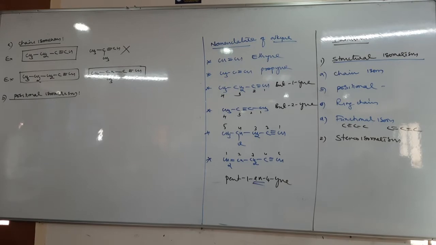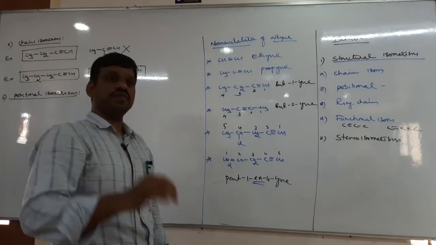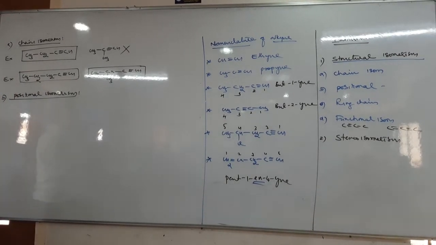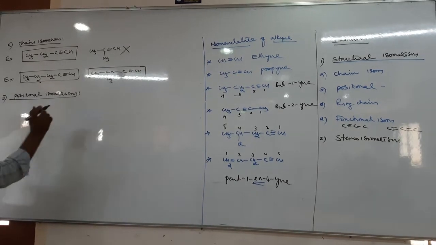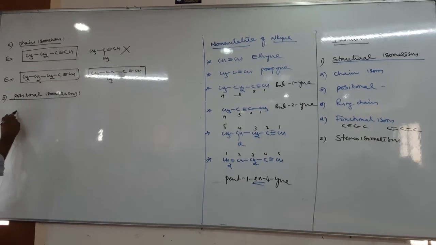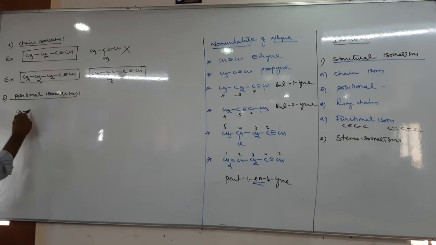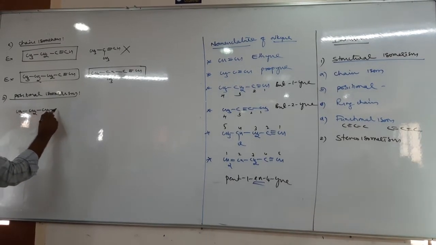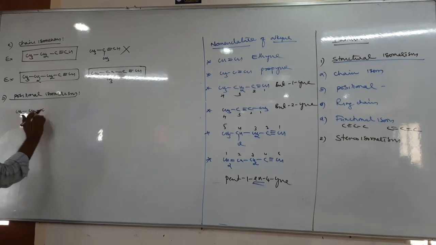Positional isomerism. What is positional isomerism? Organic compounds having the same molecular formula but differing in the position of the multiple bond, here the triple bond. They should differ in the position of the triple bond. For example, CH3, CH2, CH2. You can take it as